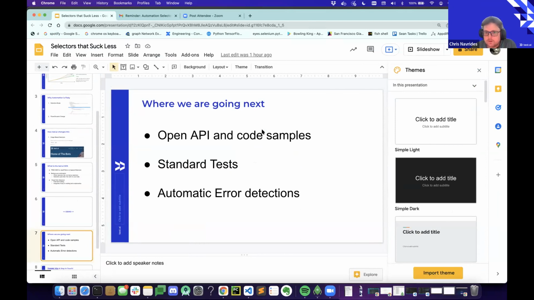So yeah, just a few other pieces since questions are over. Where we're going next is open API and code samples. So, to the questions around C# and some of these additional frameworks that people have, we want to just open up an API and teach you how to use it. Then at the end of the day, we just have a few commands. So if you want to integrate this today with your specific tool set, we can handle that. We also are working on standard tests. I mentioned it earlier, but if you don't want to have to write your whole test case out, you can just let the AI handle all the flows and stuff like that.